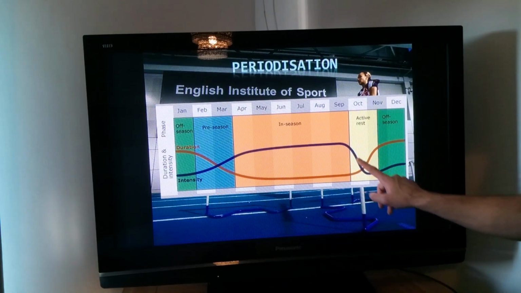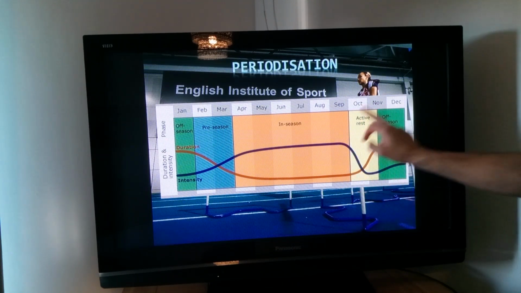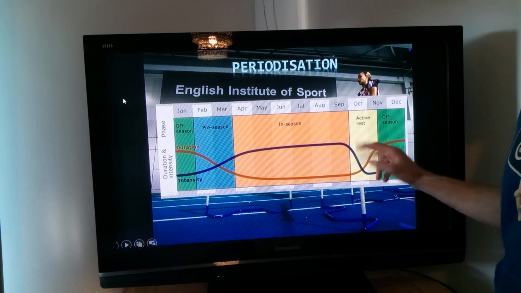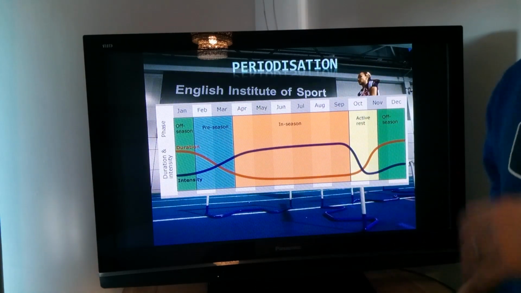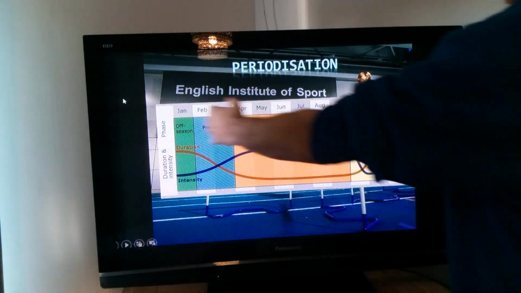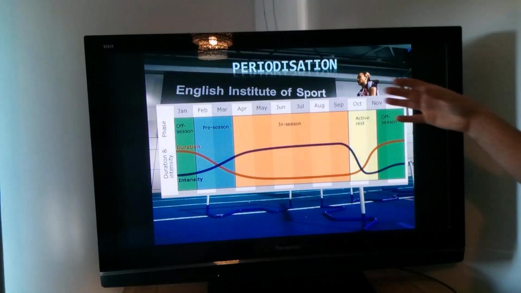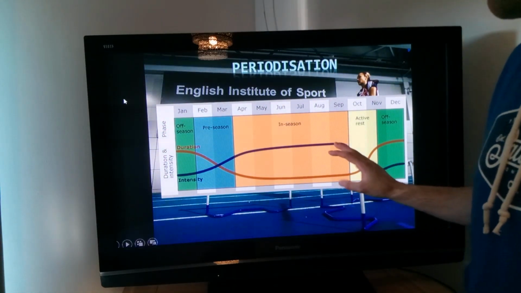Okay, so you have your active rest, so you're still taking part in the activity. Now what sometimes happens here is athletes move into maybe a different sport. Footballers go into golf. It used to be that you used to go kind of football, cricket, rugby, tennis, something like that. Now obviously the whole thing's become an entire year process. But what we're going to do is look at how we build these different phases.